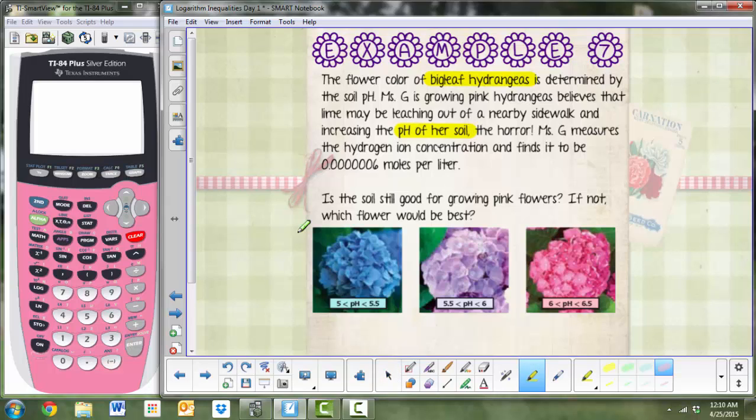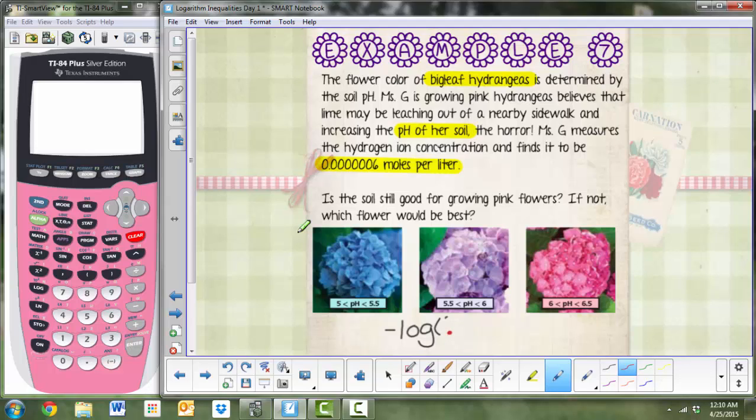So because I measured my hydrogen concentration in my soil because I'm a fantastic gardener, you have this number of moles per liter. Again, lots of zeros. Why? Because I trust you can plug it in. Well, most of you I trust can plug it in. So, like I said, plug it in. Don't make it too hard. You're going to need this color chart for your homework, so make sure you can clearly see which one is